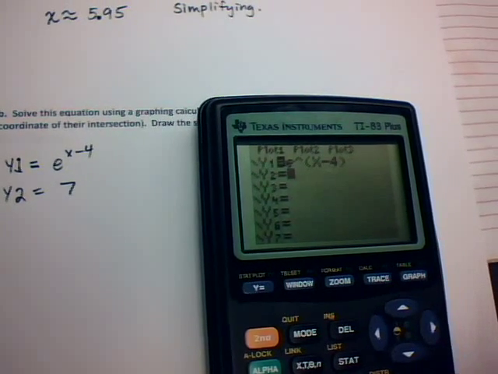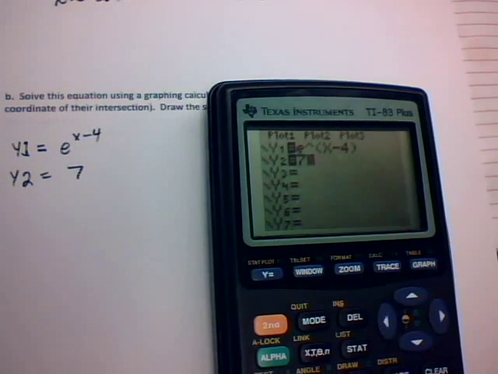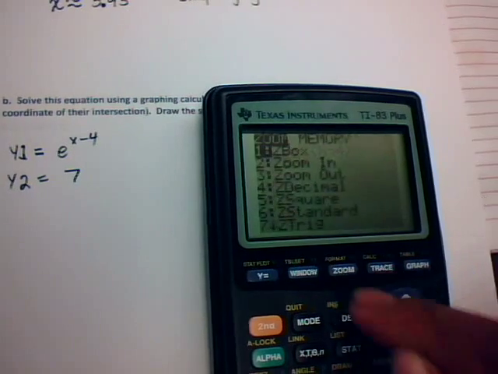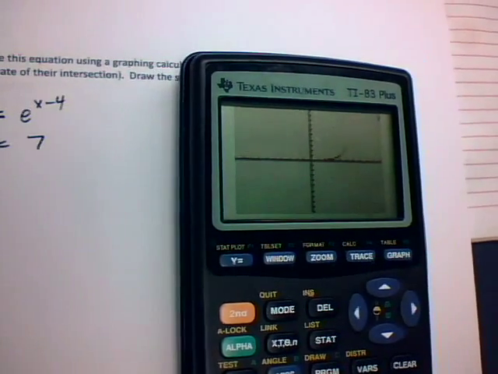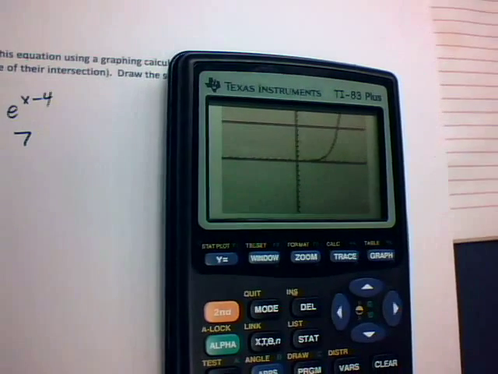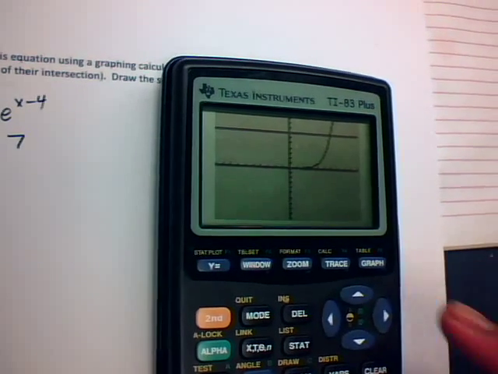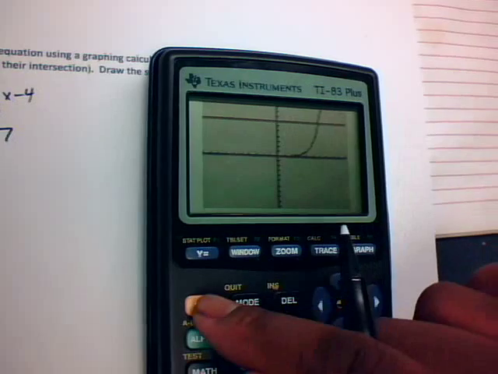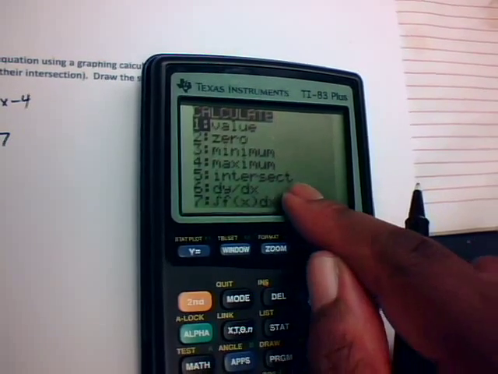Use your down arrow key to go to y2, and just type in the number 7. And then press zoom 6. Okay, and there's the graph. Now you want the intersection. So we're going to press second and trace. We're going to select number 5 for the